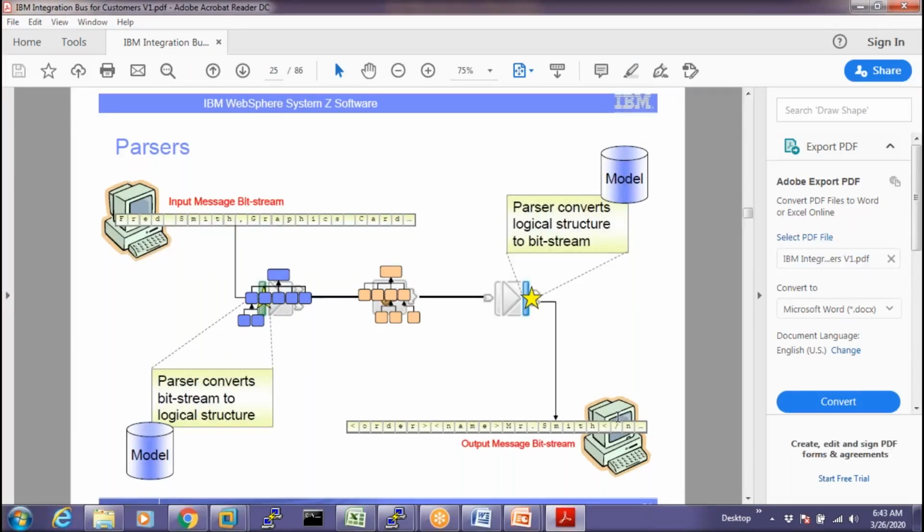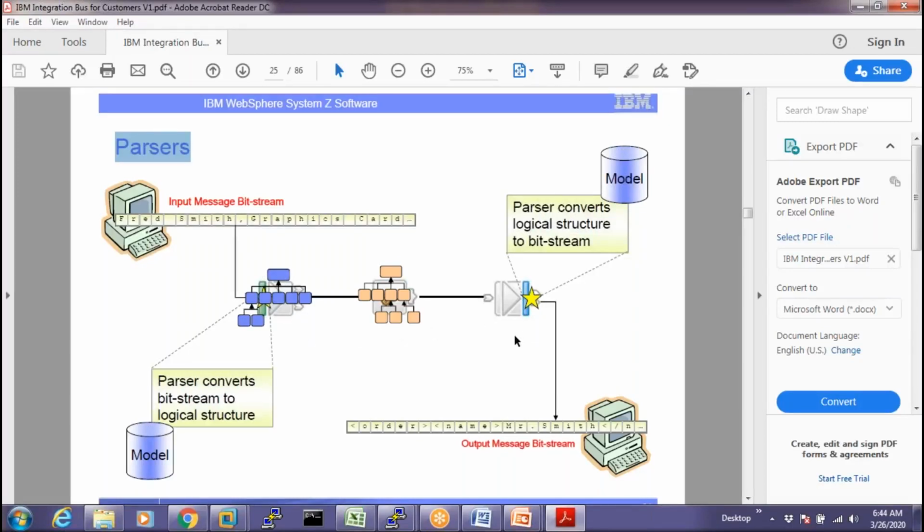So here it is like the broker server where the message is going to reach. There is a message broker, and there is something called parsers in the message broker. This is inbuilt. We have to do nothing technically about it. It comes internally. So there are parsers in the broker. The duty of the parser is whenever a message comes to an execution group. So this is the message flow.